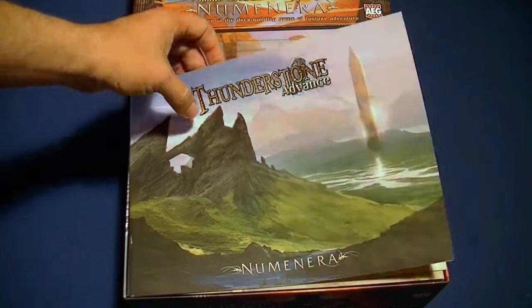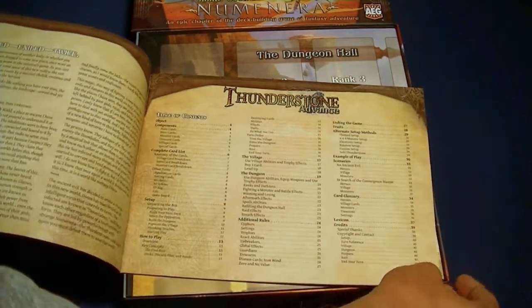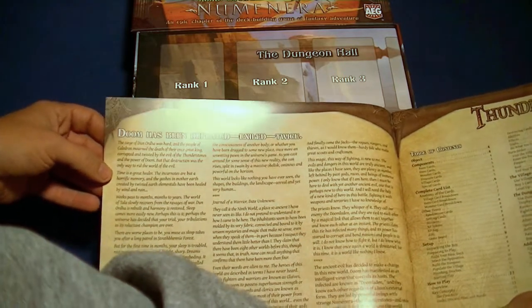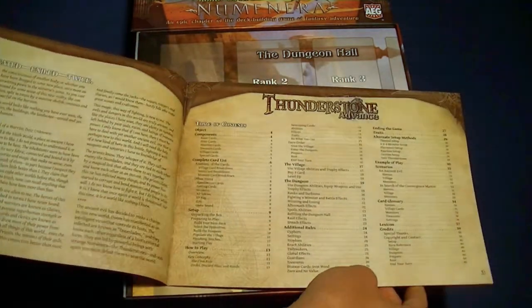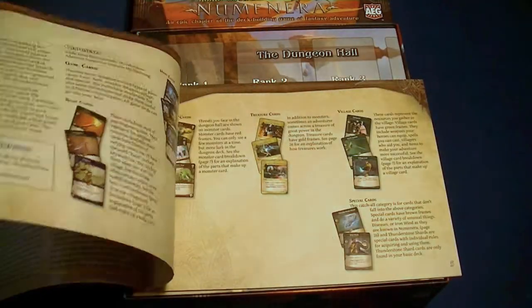So we've got the Numenera Thunderstone Advance rulebook. And this takes place in the Ninth World. If you'd like to know more about the setting for Numenera, by all means, check out the role-playing game review on the website. So, taking a look through the book here,